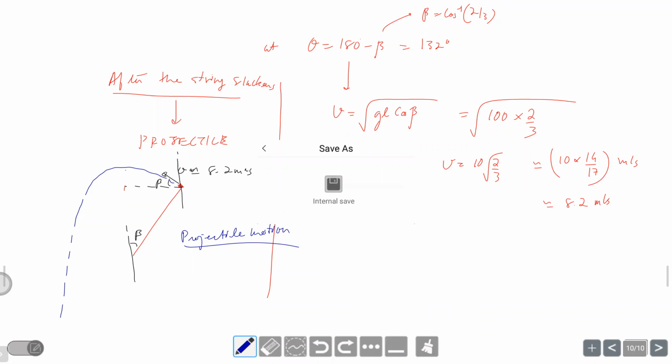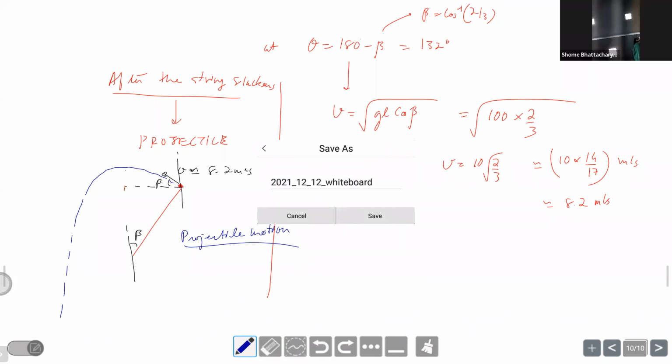Sir, after projectile motion, at the point where it goes down, does it follow pendulum motion? Then see, again something very interesting happens, because as it goes down, at some point of time the string will pick up tension again. And when that happens, there's a jerk in the string. We will study in a chapter called system of particles later that whenever a string jerks, it is equivalent to an inelastic impact.